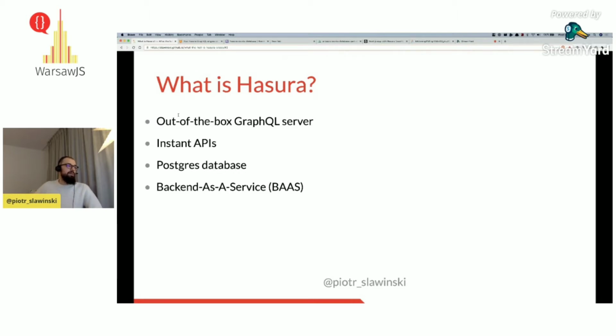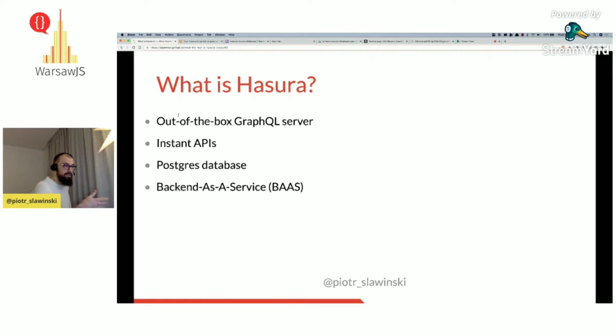the results were that Hasura, I'm guessing I'm pronouncing it right, is an out-of-the-box GraphQL server which sits between your front end and your data.